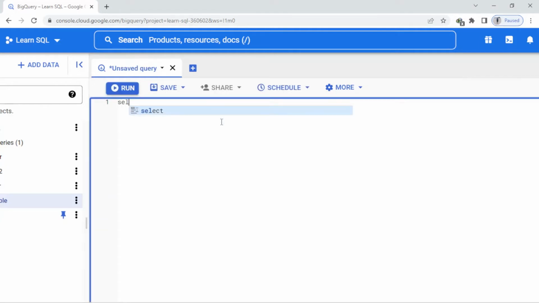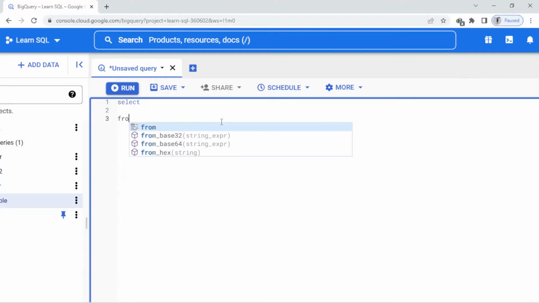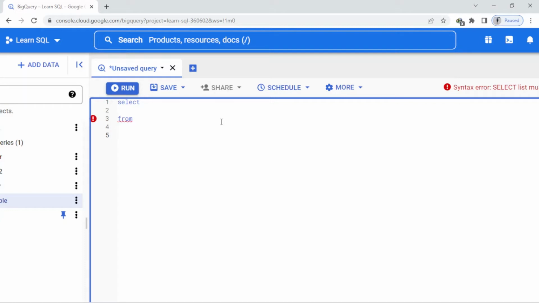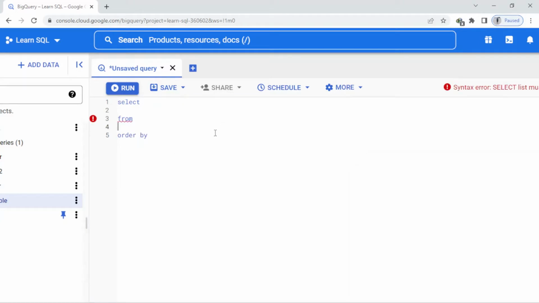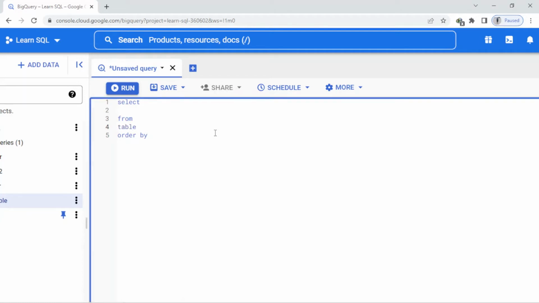structure: select, from, and I just order this, order by. So here I select the name of table from table price